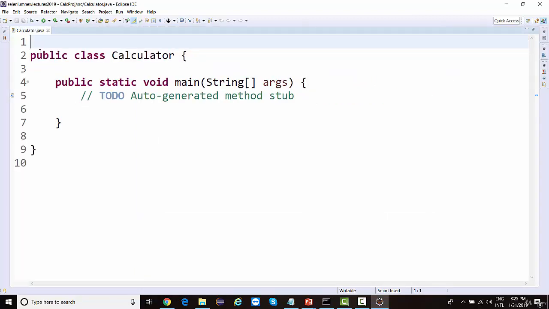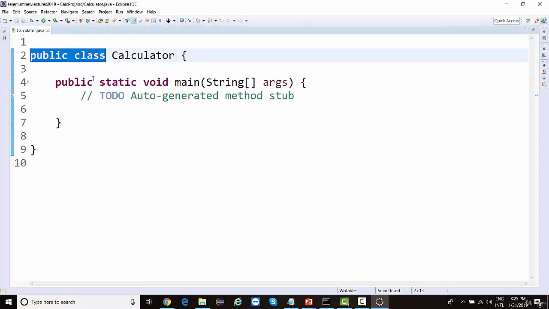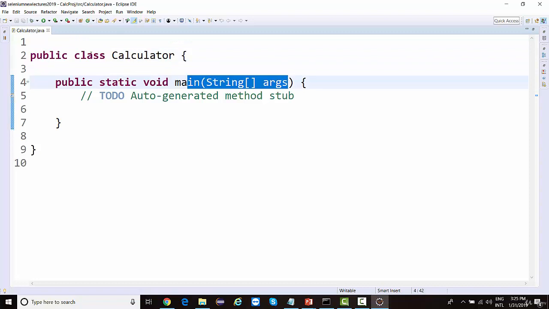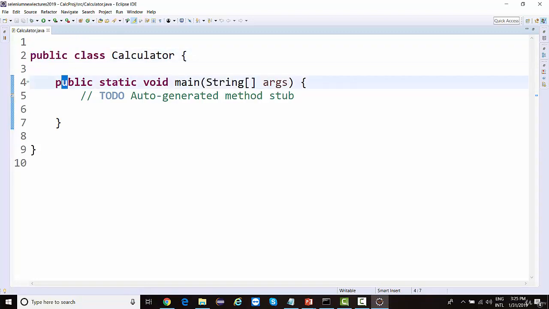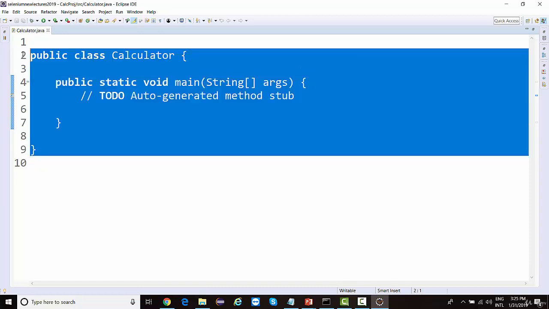Now here you see something in reddish color, something in black color. All these reddish color things are predefined keywords like public, private, protected. These are called access modifiers. Then we have static, non-static members, void, int, String, return type of a method. This is a method. This whole thing is a class.